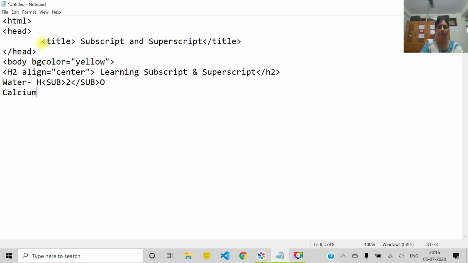Fine. Now we take another example like calcium chloride. What is the formula of calcium chloride? CaCl2. Ca we will write as it is, then Cl we will write, and for 2 we will use again subscript, and we will enclose 2 within sub.